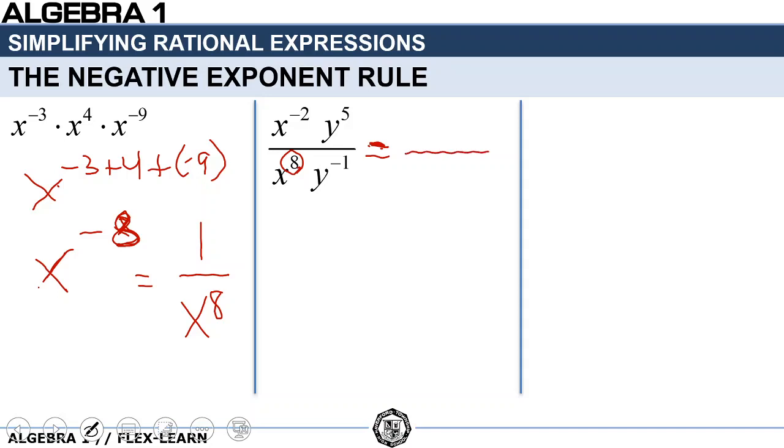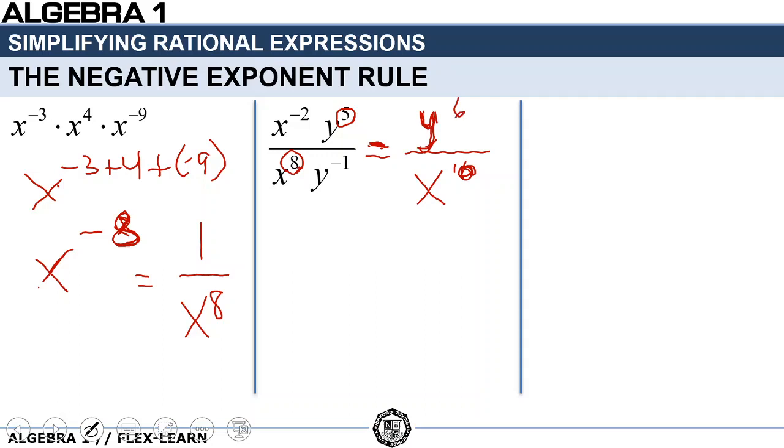So now we're just going to subtract. I know my x is going to end up on the bottom, and we're just going to do 8 minus negative 2. Or you could just think I have x to the negative second on top. I'm going to bring 2 of them to the bottom. So it works either way, but if you do 8 minus negative 2, you're going to get a positive 10. That's essentially what's going on there with the rule. And then the y's, 5 is warmer than negative 1. So I'm going to get y to the